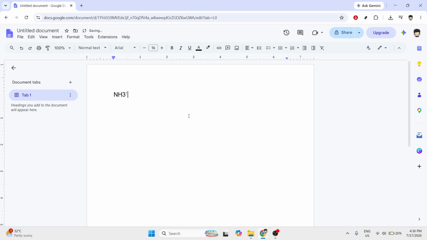In today's video, I'm going to teach you how to write ammonia or NH3 symbol in Google Docs. If you need to type the chemical formula for ammonia correctly in a document, the key is making the number 3 appear as a subscript. In chemistry, ammonia is written as NH₃, not just plain NH3, so formatting it properly helps your document look more